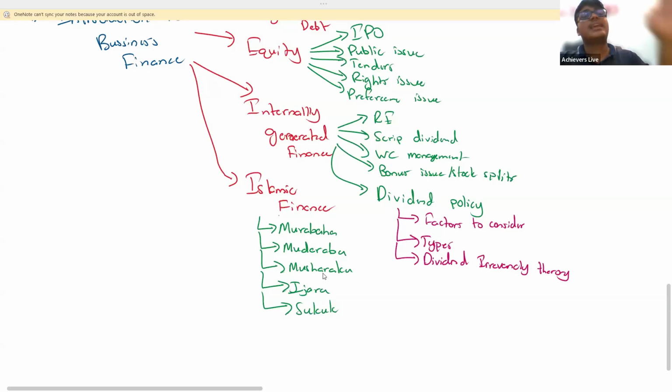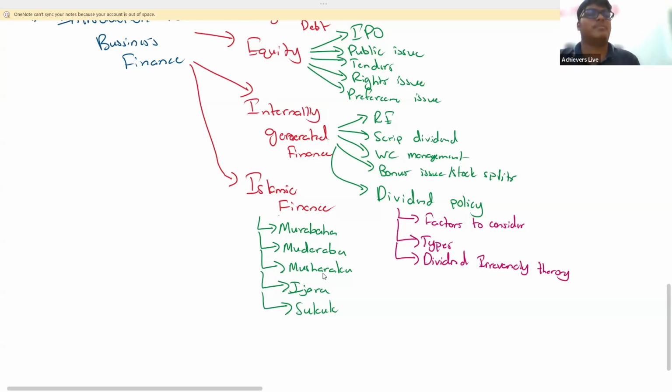Next, ijara, Islamic leasing. Sukuk, Islamic bonds. Should you know all of this? Yes, you should know all of this. If you get a business finance question, sometimes you will be asked to explain these. It's very simple, guys. For example, if they ask you to explain mudaraba, simply explain 3 points: it's a partnership where one party provides capital and one party provides skill. Profits will be shared based on a pre-agreed ratio, but loss is fully borne by the investor. If you mention these points, they will give you full 2 marks. Keep these 2 marks with you. It's very simple, guys.